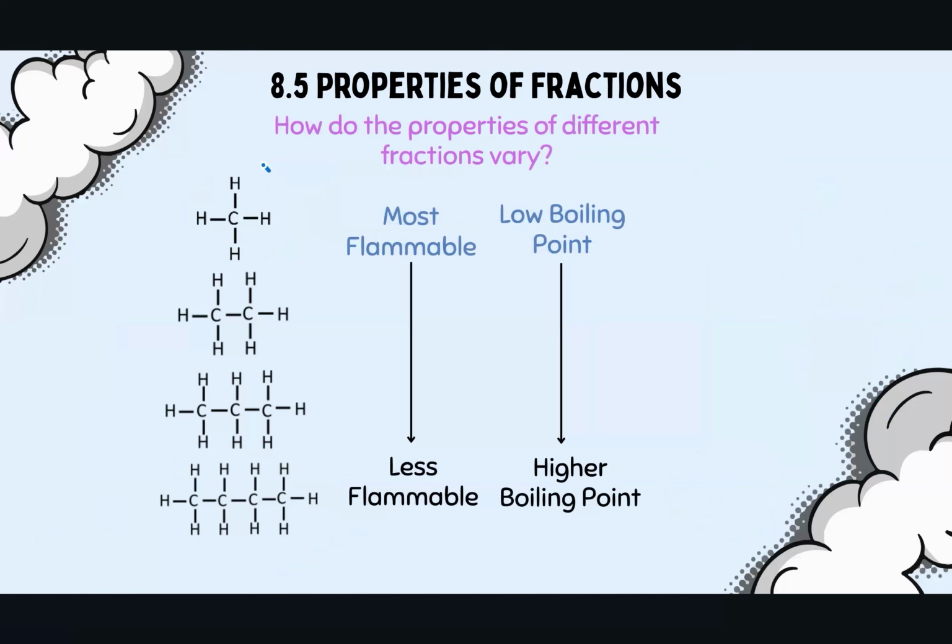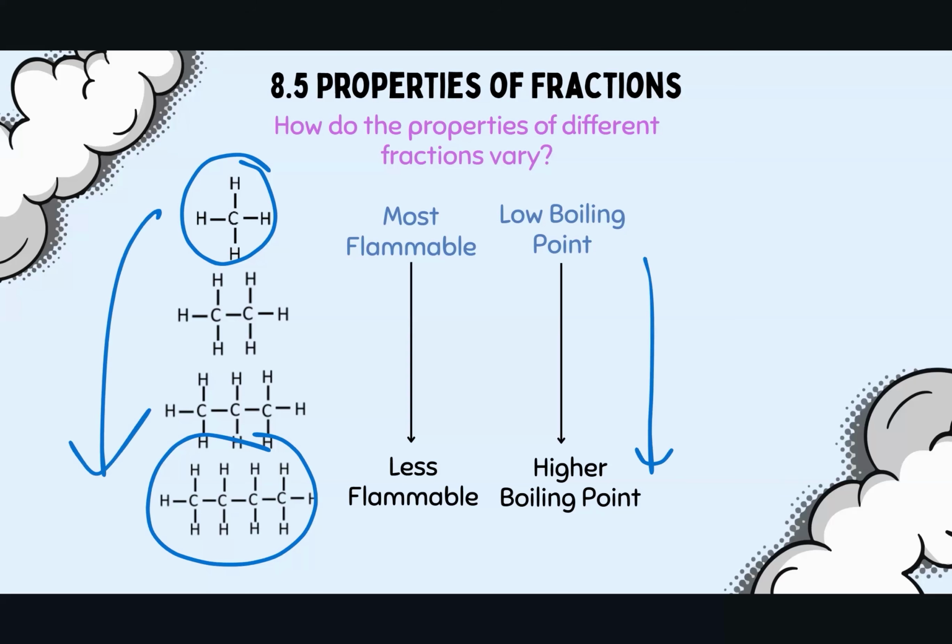Now, the small ones are more flammable than the large ones, which is a good thing because we use bitumen on the roads. If bitumen was flammable, then we'd have fires across the roads constantly. So bitumen is not very flammable at all because the molecule is so long. Also, as the molecule increases in length, the boiling point also increases. And that's because